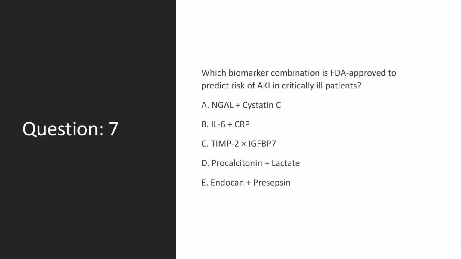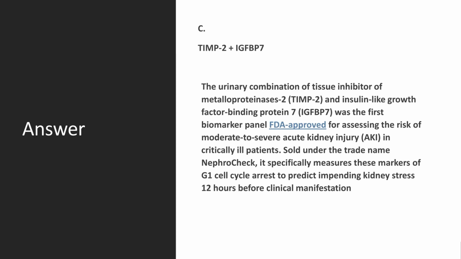Question 7. Which biomarker combination is FDA approved to predict risk of AKI in critically ill patients? A. NGAL plus cystatin C. B. IL-6 plus CRP. C. TIMP-2 plus IGFBP7. D. Procalcitonin plus lactate. E. Endocan plus presepsin. Correct answer is